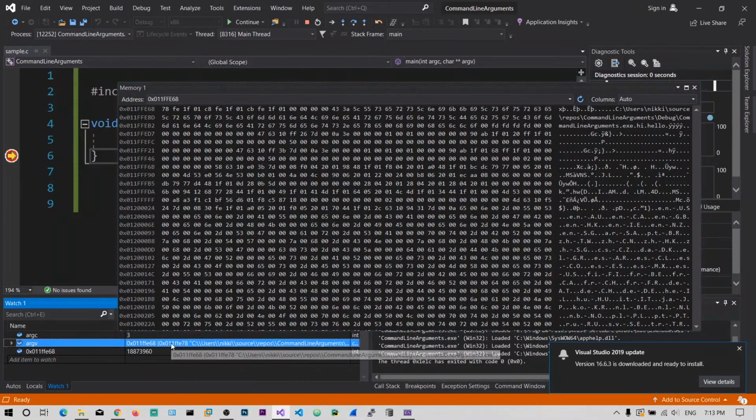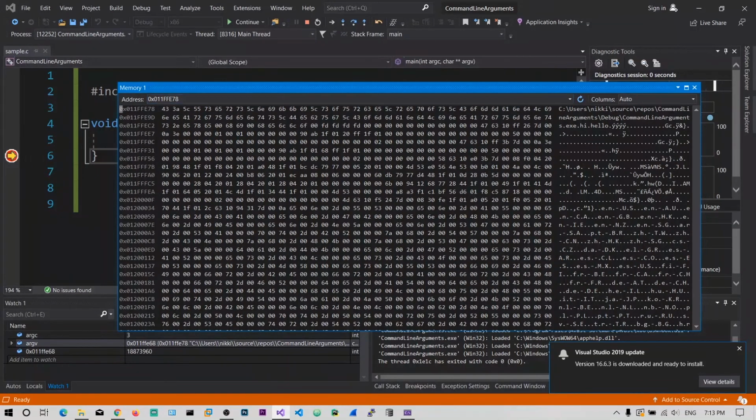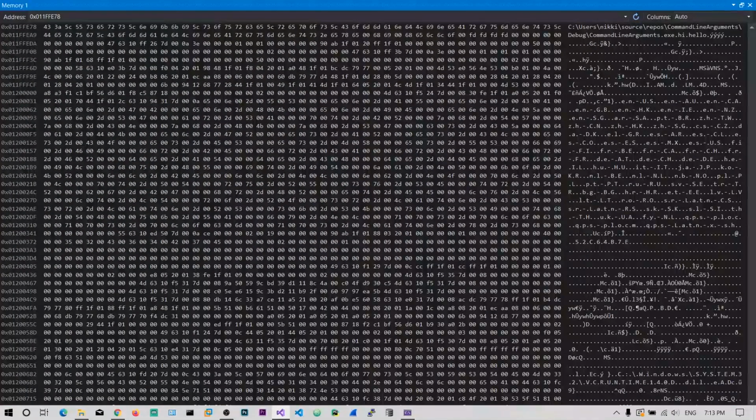Now you can see the actual file path to our executable, C:\Users\...\command line arguments.exe, and we can see the next arguments are hi and hello, which we passed to the program.